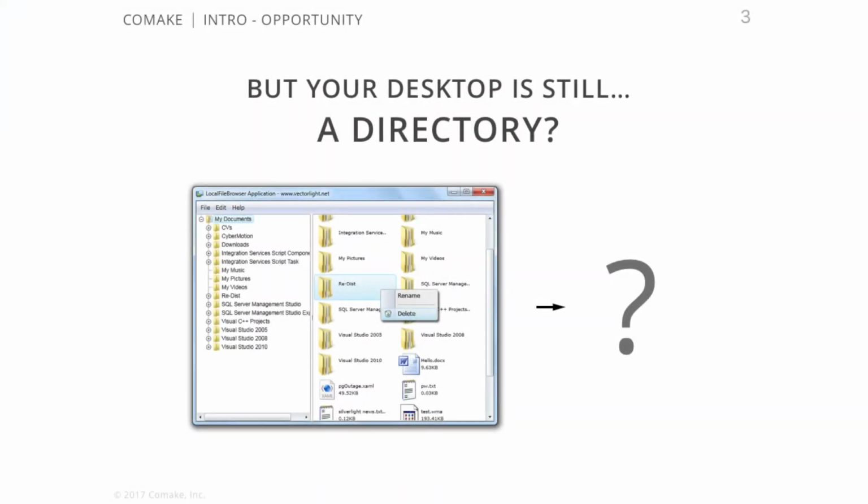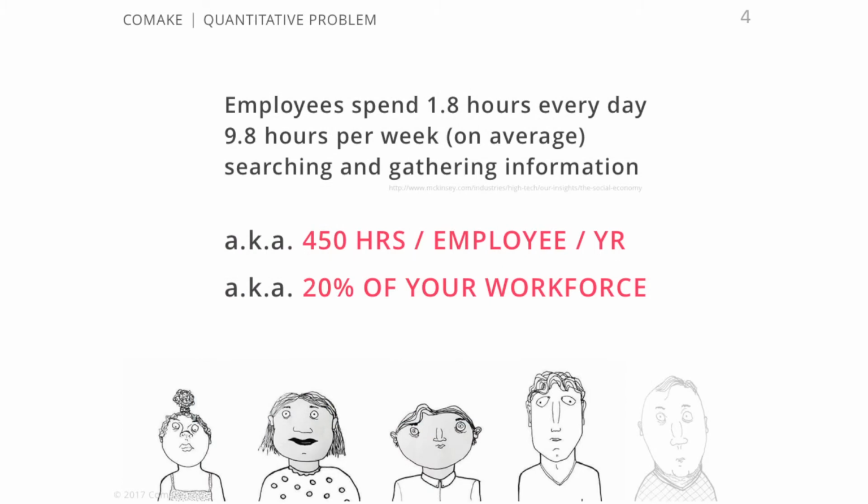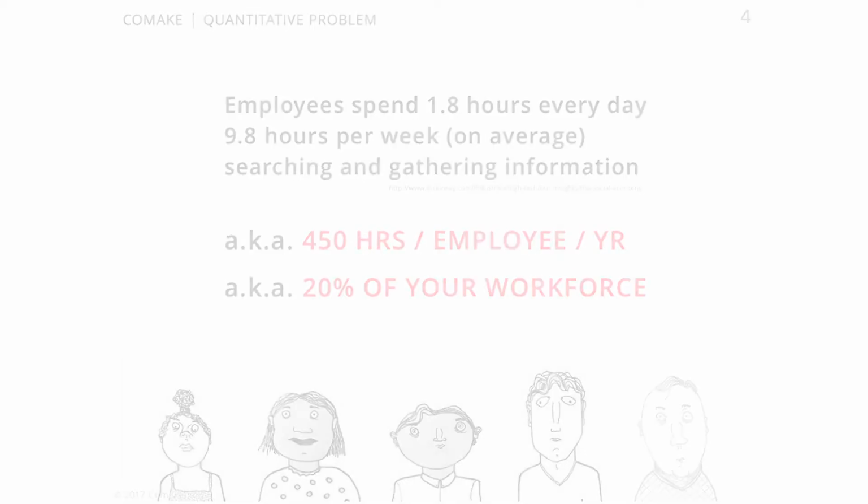But the basic thing that you have on your computer, the most widely used directory system on Earth, remains in this old paradigm. And that's really a bit crazy, right? So this is the problem that we're tackling, and it's an expensive problem. You have employees, knowledge workers, spending on average 1.8 hours a day looking for information that already exists on your company's servers, right? This is like hiring 5 employees, and for every 5 employees you hire, they're not producing anything. They're just looking for content that already exists and has already been created, right?